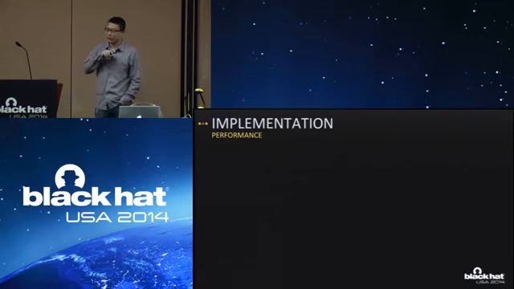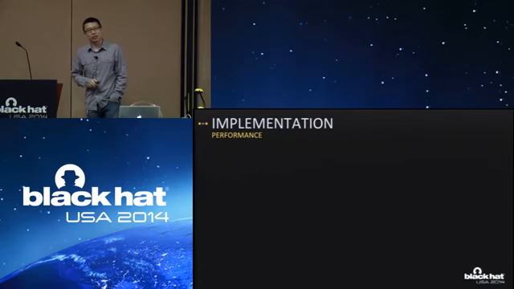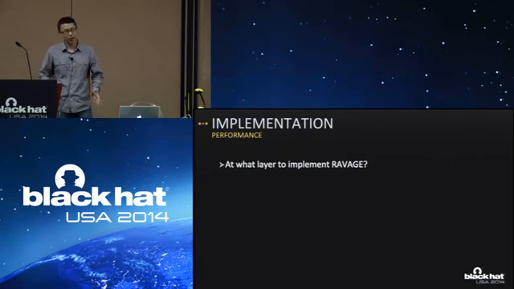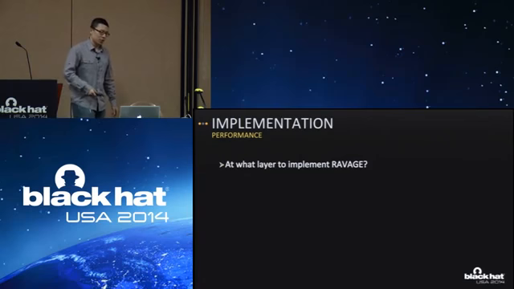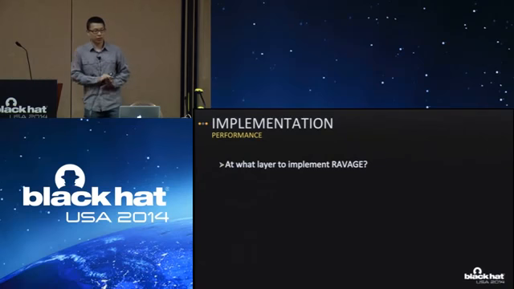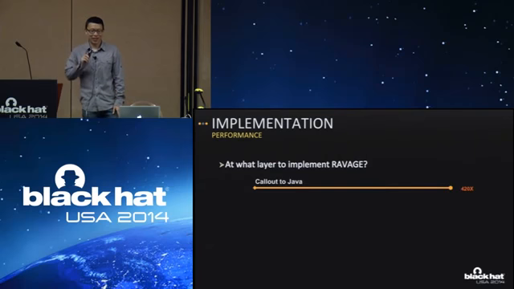But before we did our implementation, one question we thought about is: where do we want to implement RAVAGE? We talk about modifying the interpreter, but it's all assembly code. We didn't want to write a bunch of assembly code; it's hard to maintain and hard to debug. We were like, why not just insert a tiny hook into the assembly code and call out to Java to handle whatever logic we have? It sounds straightforward, right? It should be working. And we called out to Java, and we got